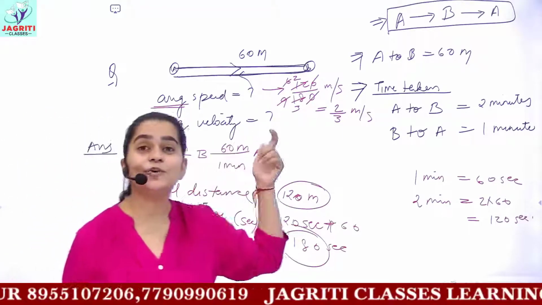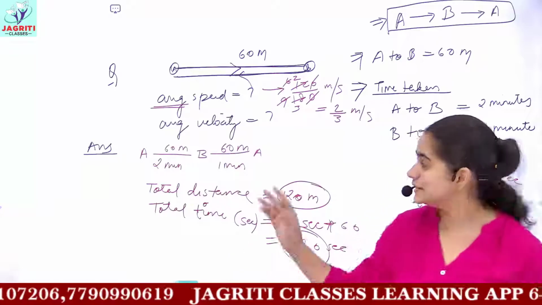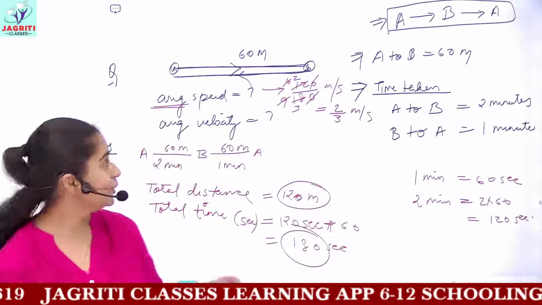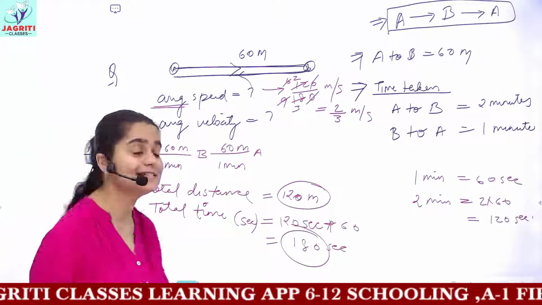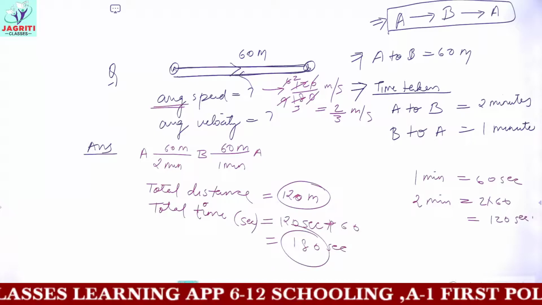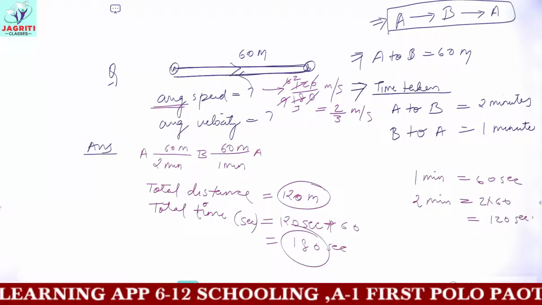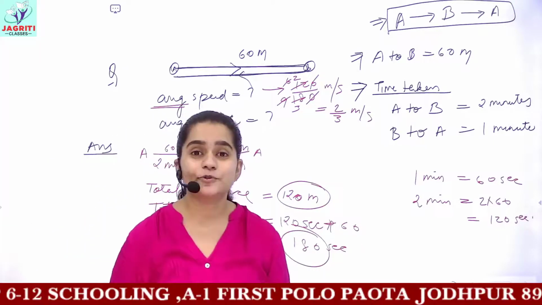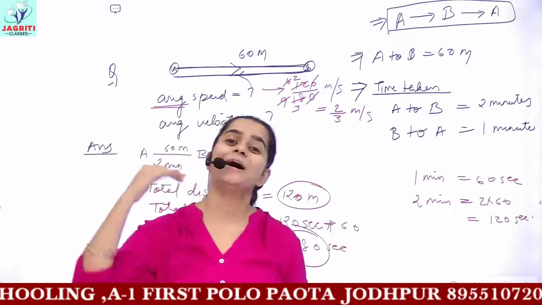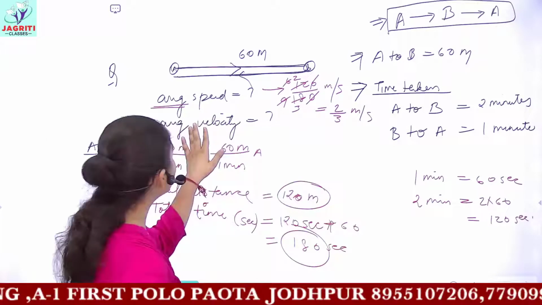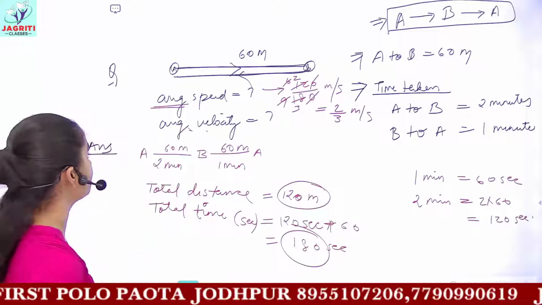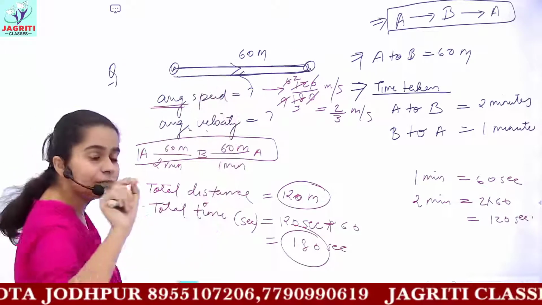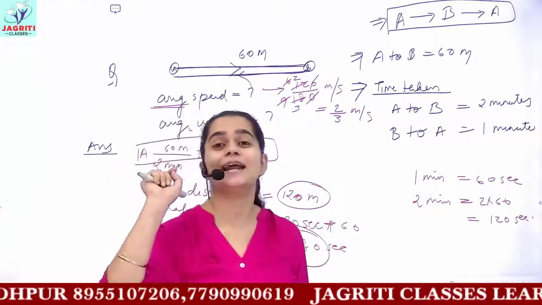Now can any one of you tell me how to calculate average velocity or the answer for average velocity here? Please try this question and do let me know what is the answer for average velocity. Okay, the answer for average velocity. For velocity, what is the formula? We have to calculate total displacement divided by total time taken. Now, for calculating total displacement, what do you have? Do not look at this, okay? Look at the question. The object displacement is the shortest distance between initial and final position.